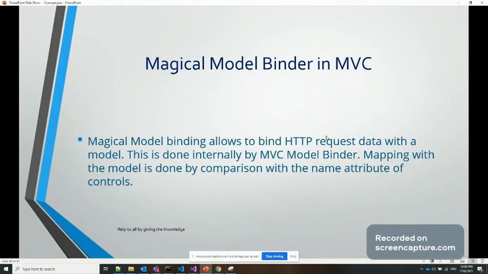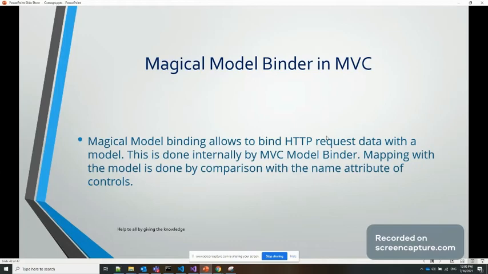So what it means is, we know that whenever we are sending data from the API to the controller, it will automatically map to some parameter of the function, or maybe the model inside the method. So how does this happen?